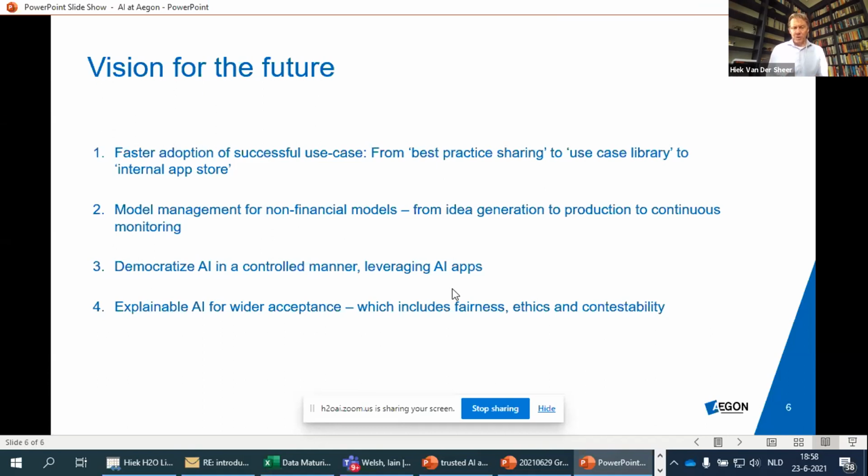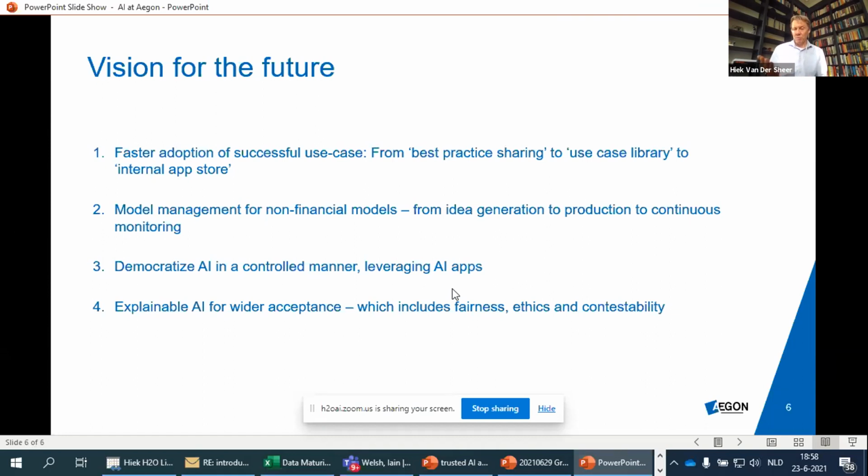And something that was mentioned by Sri in some of his use cases is the explainability of AI for wider acceptance. We already came a long way on that one, but it is still sometimes a blocker in the organization. So aspects like fairness, ethics, and contestability are really important for us to bring in. And that is for internal purposes, so that we feel comfortable when we put out a model or when we have a fraud model. But it is also important that we offer our customers clarity on which models we use,